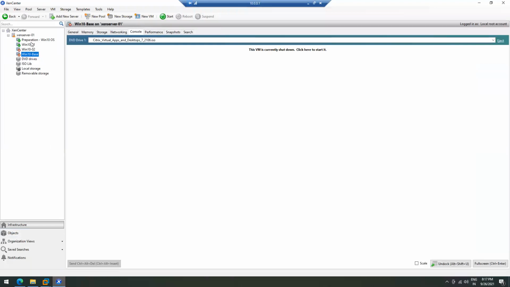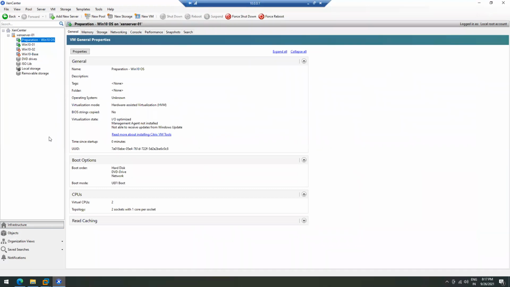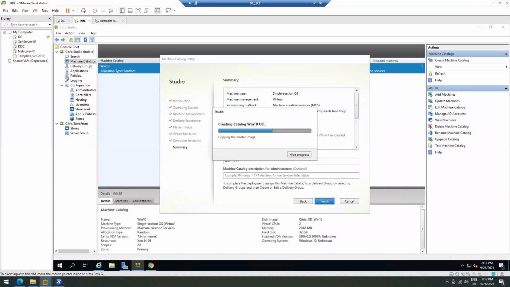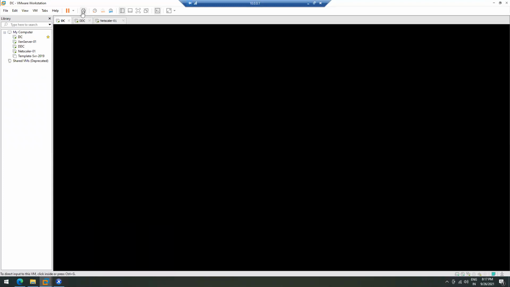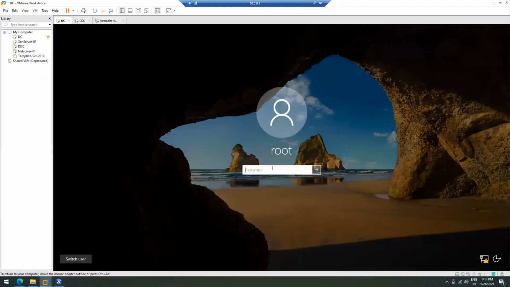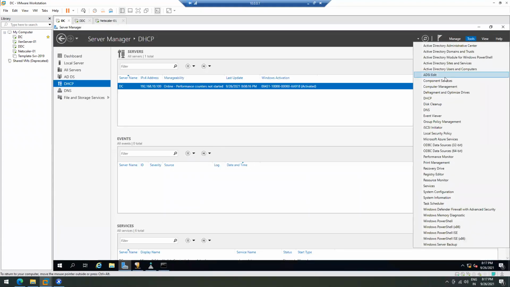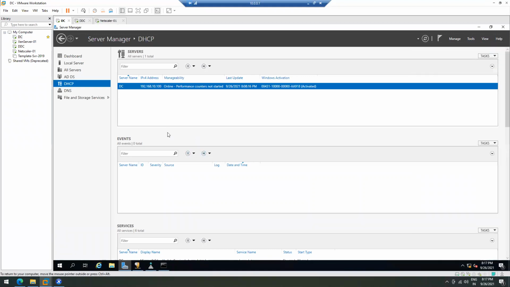In the meantime, as you can see here, we are getting one machine catalog. It's preparing Win10 OS. It will take a while. In the meantime, I can create one user in the domain controller, in Active Directory Users and Computers.